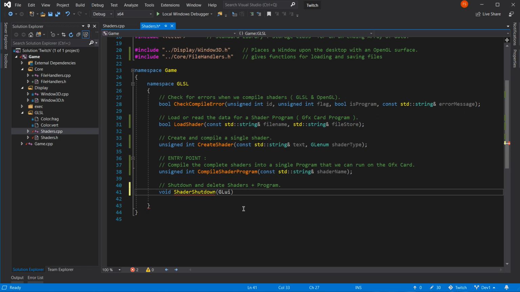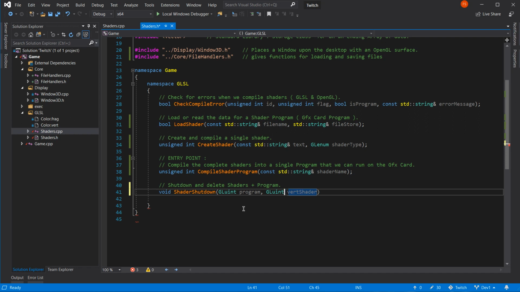GL uint program, comma, GL uint vert shader ID.